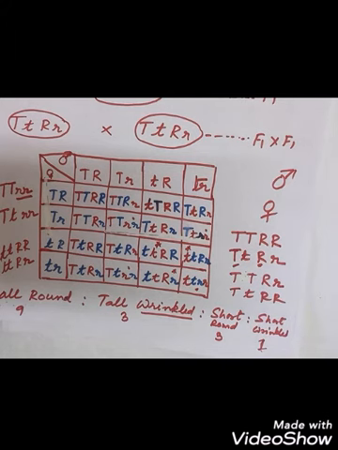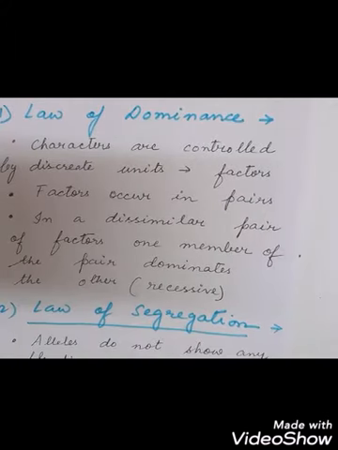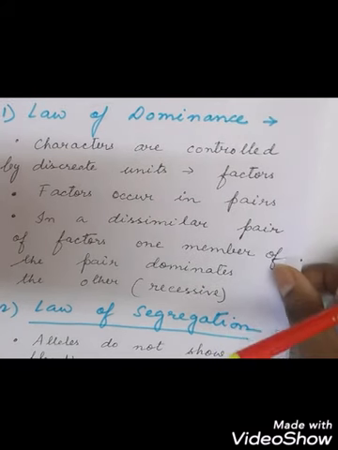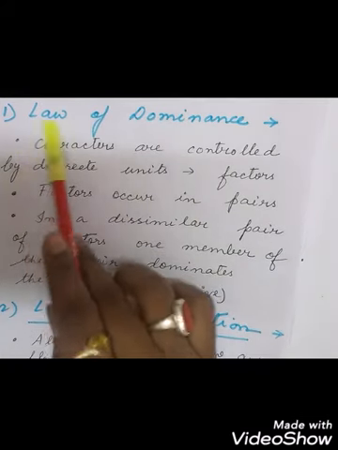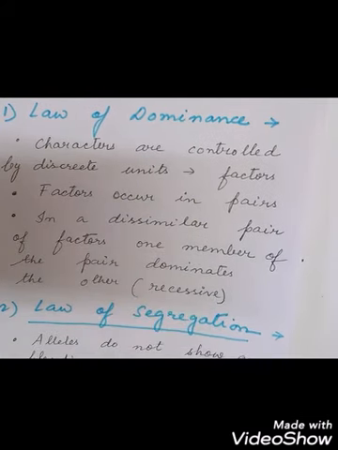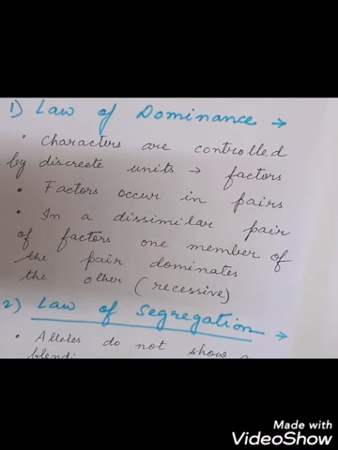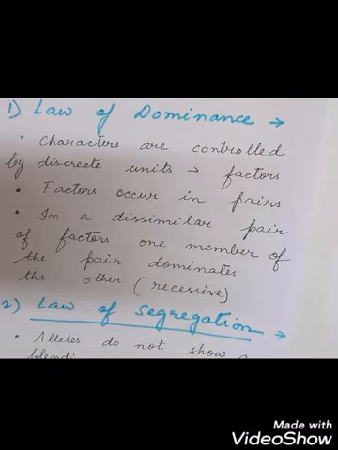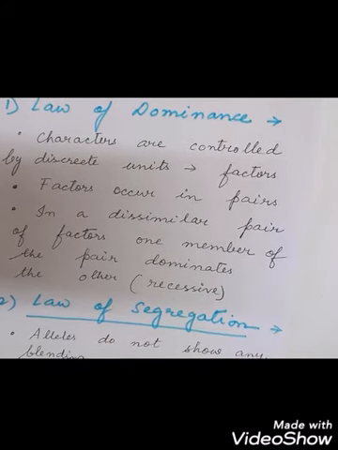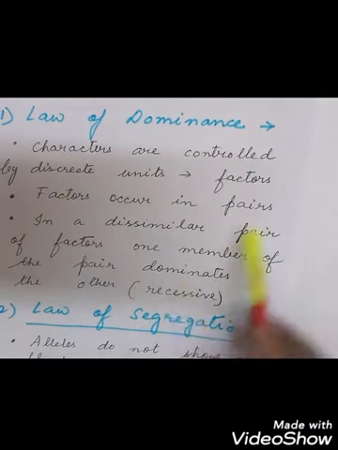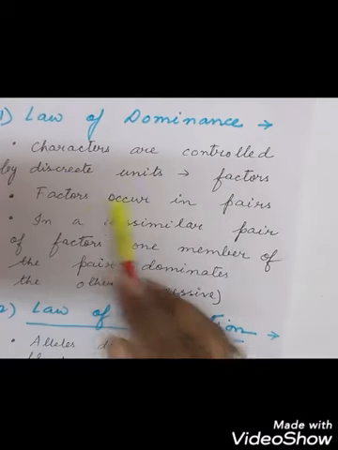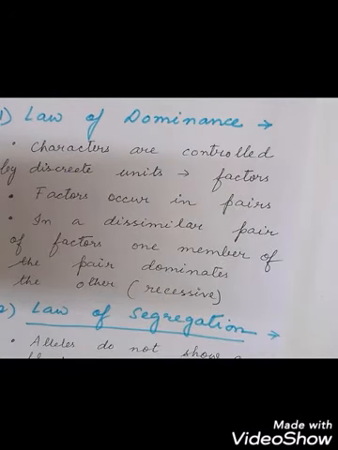father of genetics. So after studying this process and after performing the experiments, Mendel found out three laws. Number one is the first law, the law of dominance, where the characters are controlled by discrete factors or units. Okay, the characteristic features are controlled by what? The factors. As you can see, I told that tall is controlled by one factor, short is controlled by another. So characteristics are controlled by units, which are called what? Factors. The factors will always occur in pairs. Okay, as you have seen, capital T I have shown with a pair.